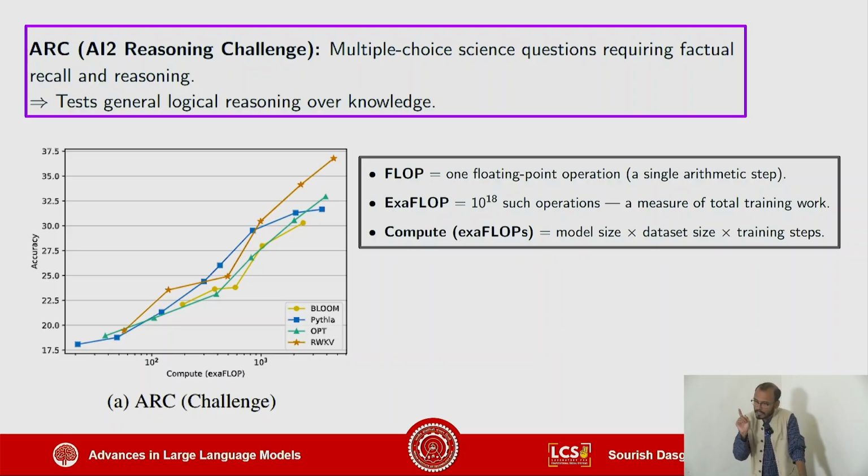So an interesting thing about understanding such plots is that you need to see whether, with the same regime or compute, you are able to get better results than other models or not, right? So let's say accuracy 30. When am I able to reach accuracy 30? That's somewhere around 10 raised 3. Now, if somebody is able to do that before that, then that model is a better model because it's able to reach that amount of accuracy at an earlier time with less compute, which is a good thing to do.